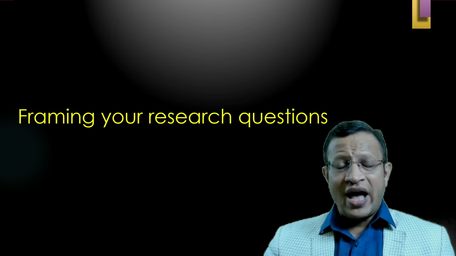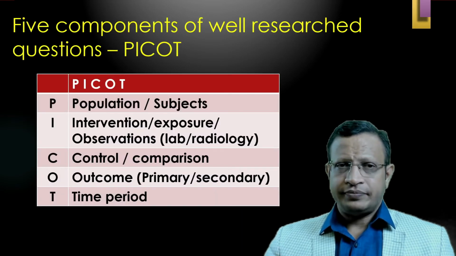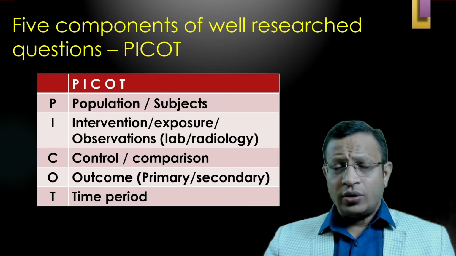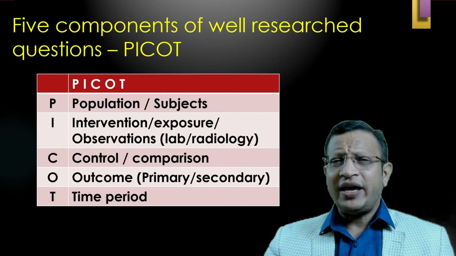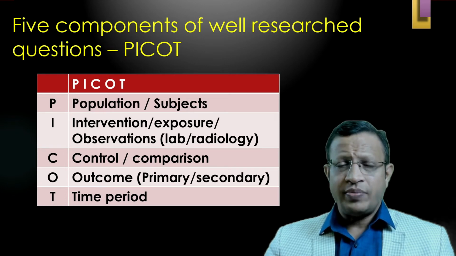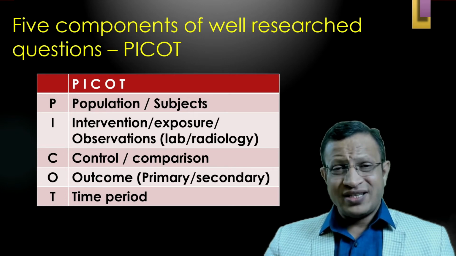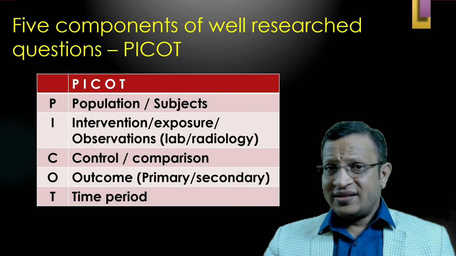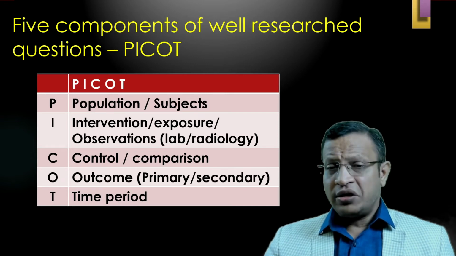So you need to have a research question that is very, very specific. Again, with regard to research questions, there are 5 important components. They are called PICOT. PICOT means: what is the population or subjects you are studying, whether they are well defined, and a good inclusion and